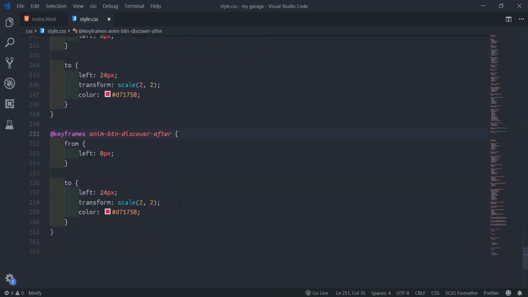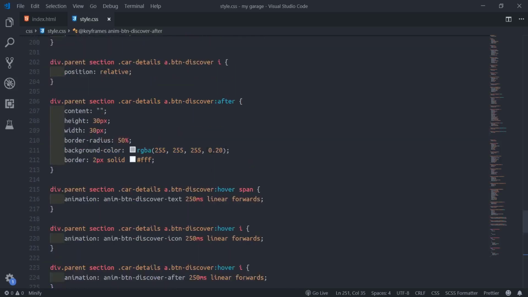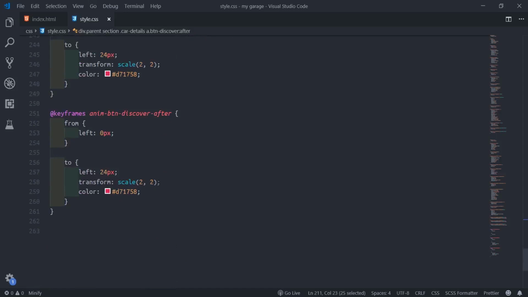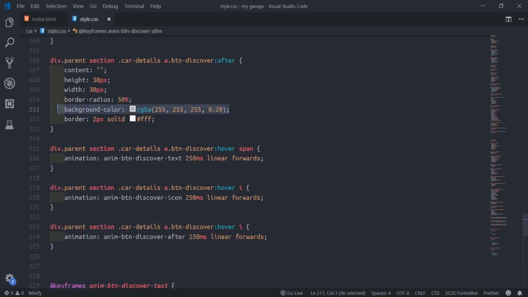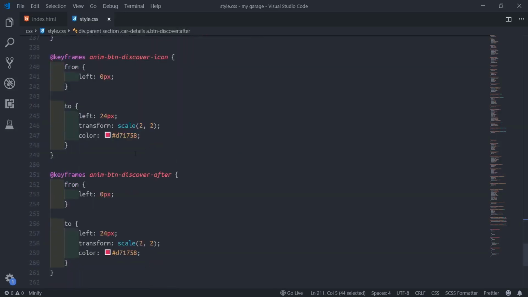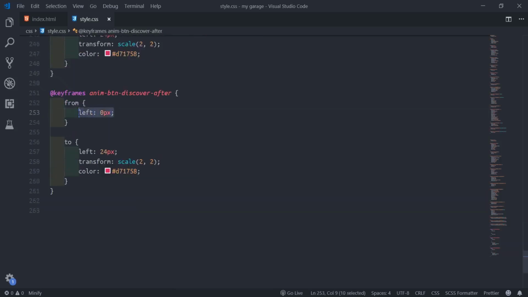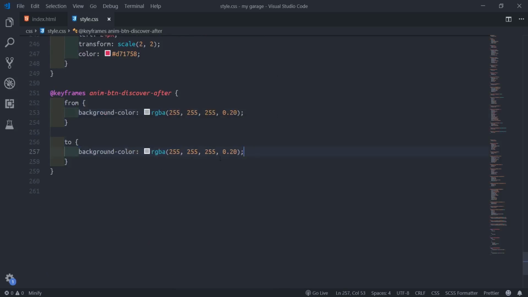Ctrl V. Then the background color will change from this transparent color to the full color. So let me just put white. Actually, I'm going to use white.